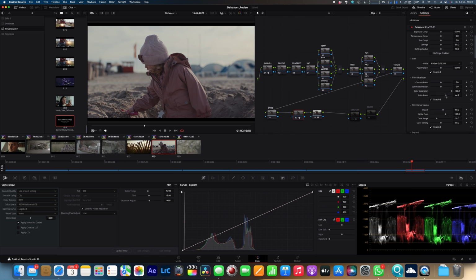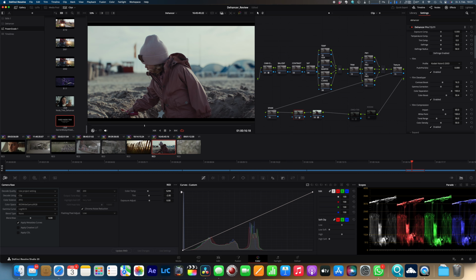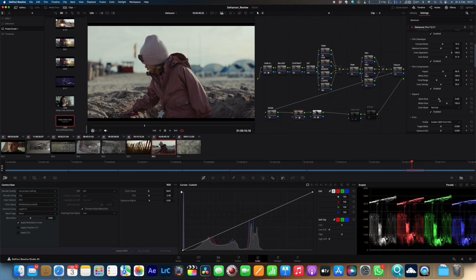So what I like to do is bring in the color boost a bit, boost the color, and maybe we can also play a bit with the contrast in here. And maybe let's try a different profile just to show you. You can switch to profiles directly and see the impact. The Kodak Vision 250D is a nice profile with some cooler tones in the shadows,